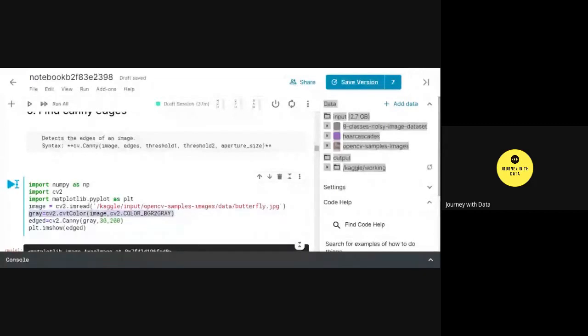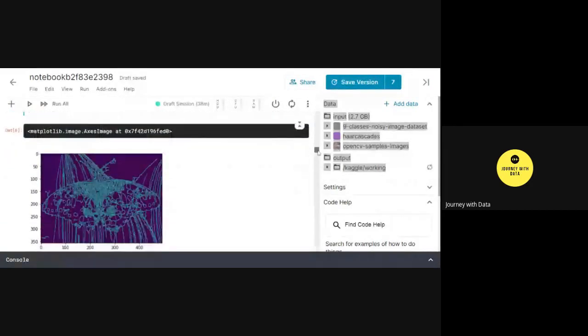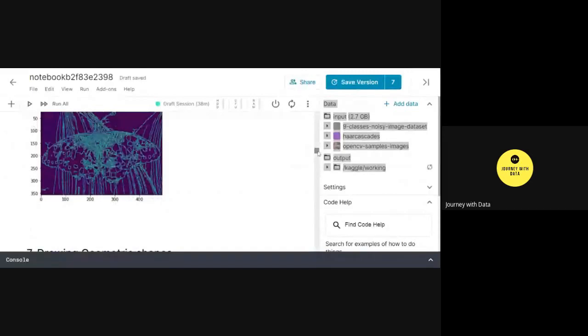Then I'm using cv2.Canny to detect the edges. If you notice the format here, cv2.Canny takes the image, the edges output, and then the threshold and the aperture size. Here I am simply reading the variable gray, determining the thresholds, 30 and 200, and then displaying it with plt.imshow. This is how the edges are detected.